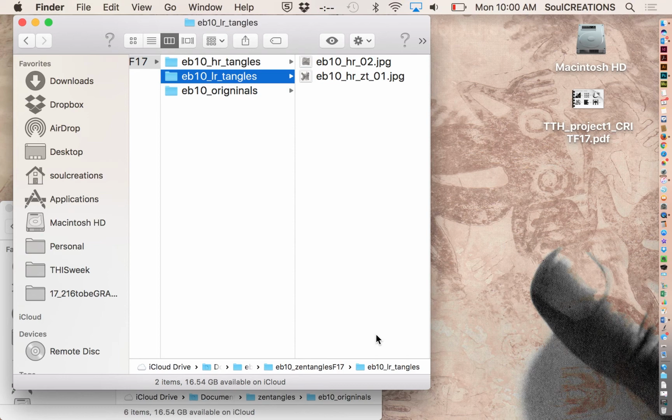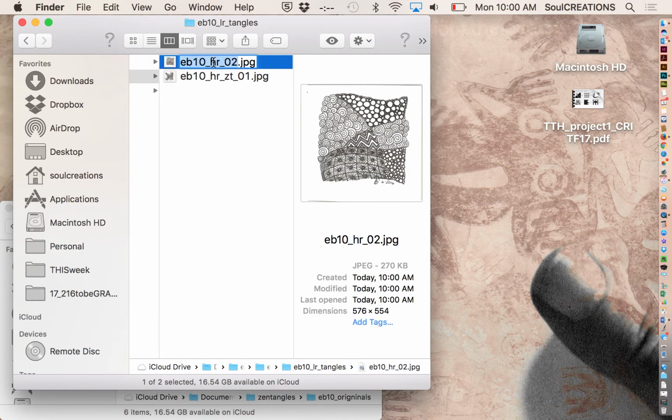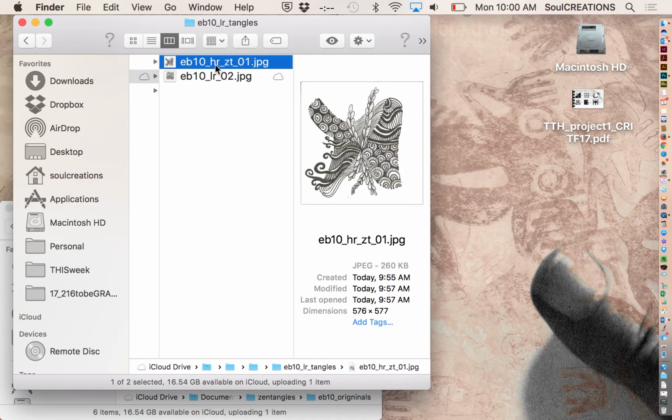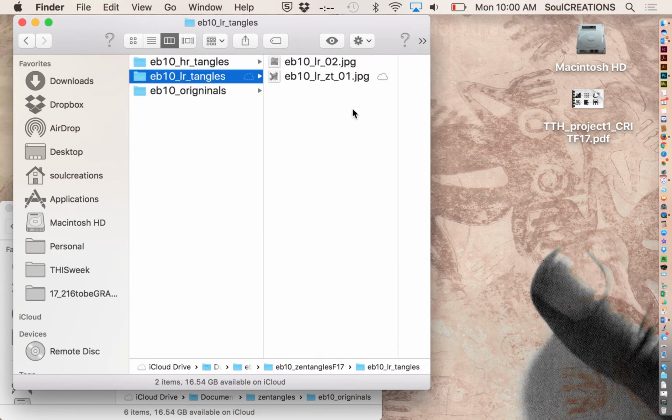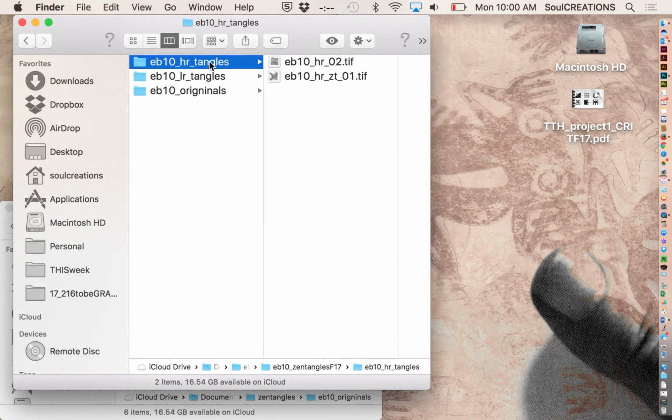So every week when you come in here, you make your high res, you play your low res, and it puts it in the folder. And the only thing you'll have to do is once they're made, just click in there and change your H's to L's. And voila, you have JPEGs in one folder, you have high res tangles in another folder,